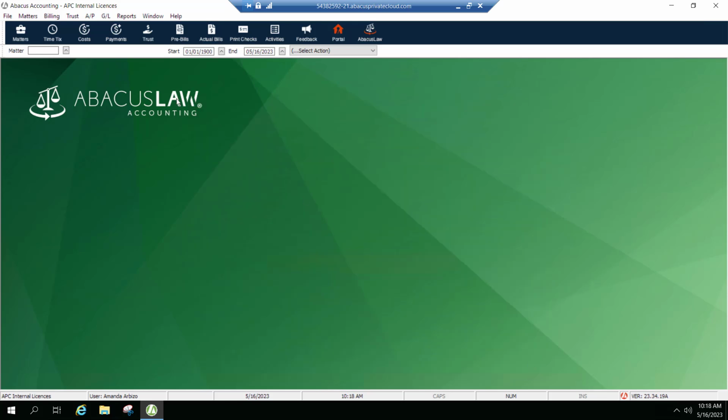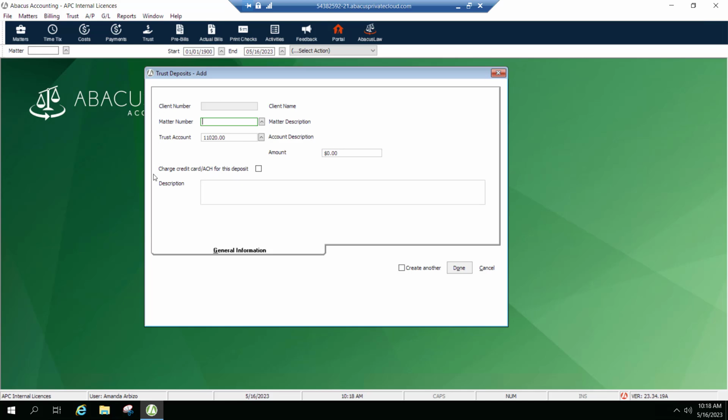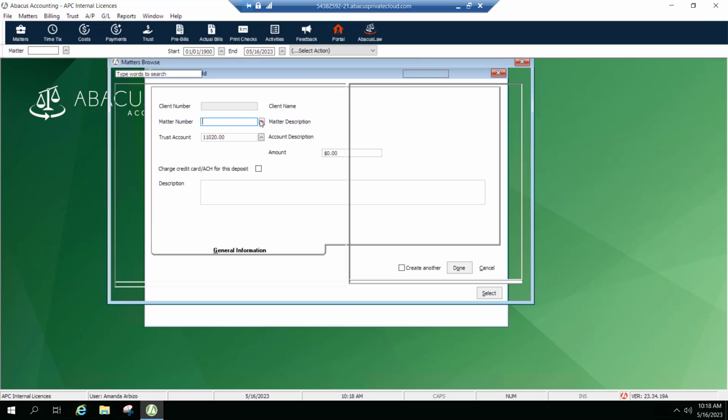If we are going to be running a trust deposit, if that is appropriate for your firm, you can click on our trust deposits icon right next to our payment icon, to the right of it. And this will also present you with a window. You'll select your matter,